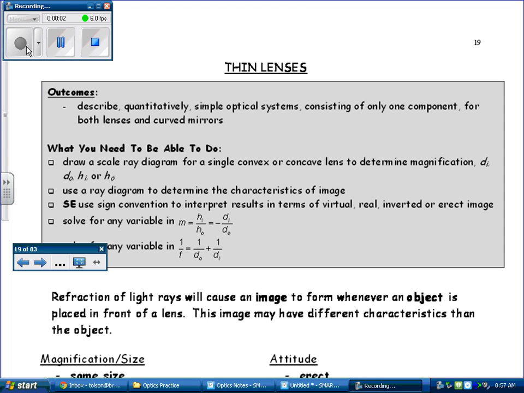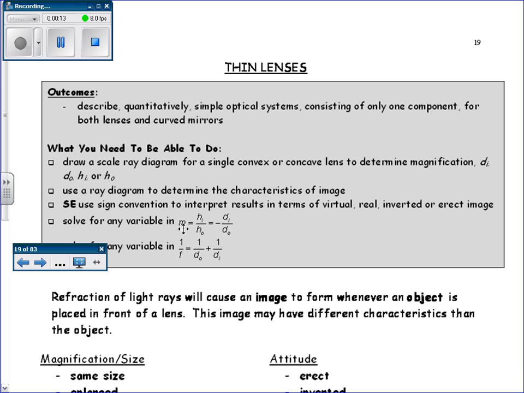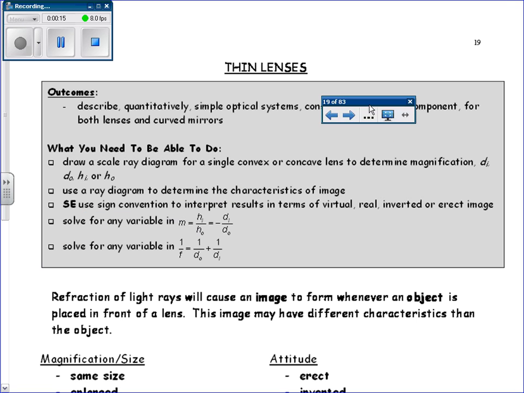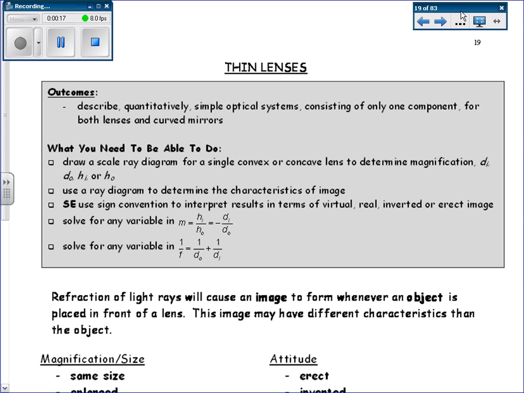Okay, you guys, so today we're going to talk about refraction and thin lenses. And what I mean by thin lenses are going to be convex and concave lenses. And we're going to look at this concept from two different ways. We're going to use scale diagrams to figure out the information, and we're going to use formulas to figure out